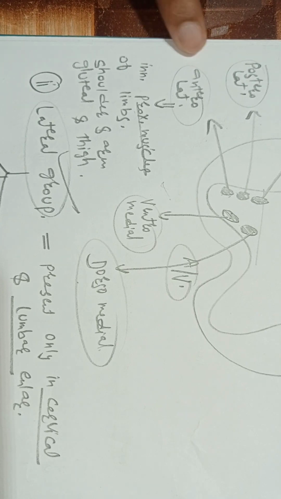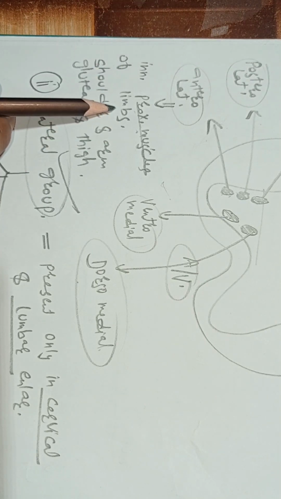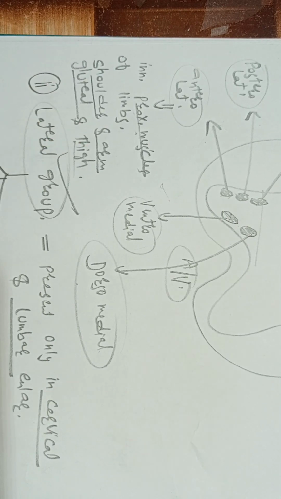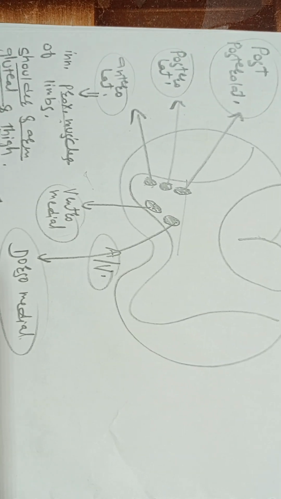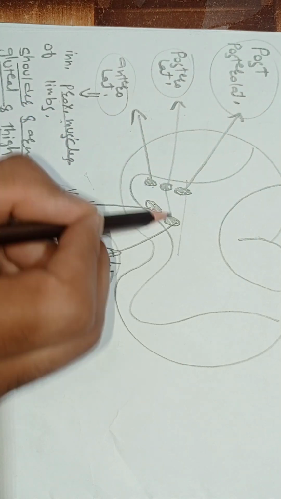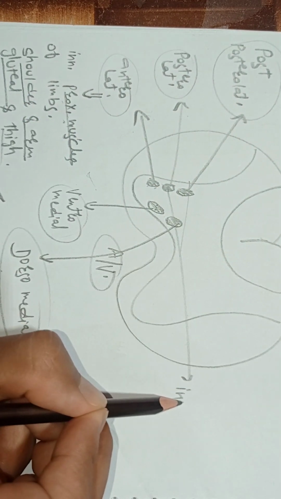So the anterolateral nucleus innervates proximal muscles of limbs, proximal meaning towards the body: the muscles of the shoulder and arm, the muscles of the gluteal region and thigh. Now we talk about the posterolateral nuclei. This posterolateral nucleus innervates